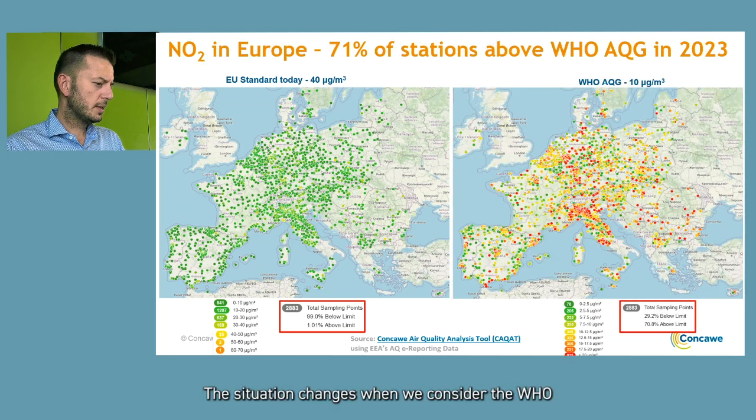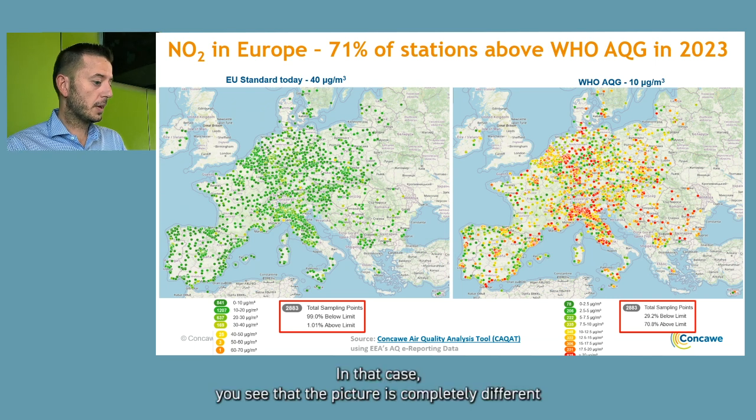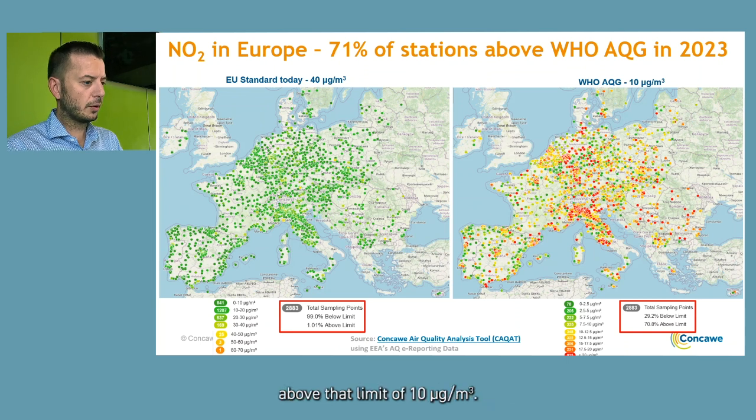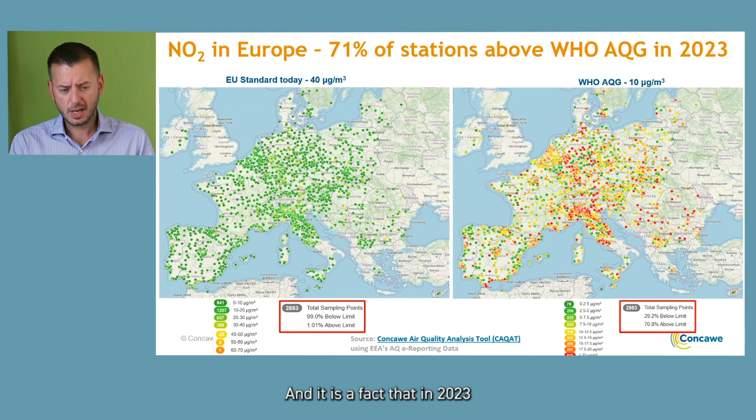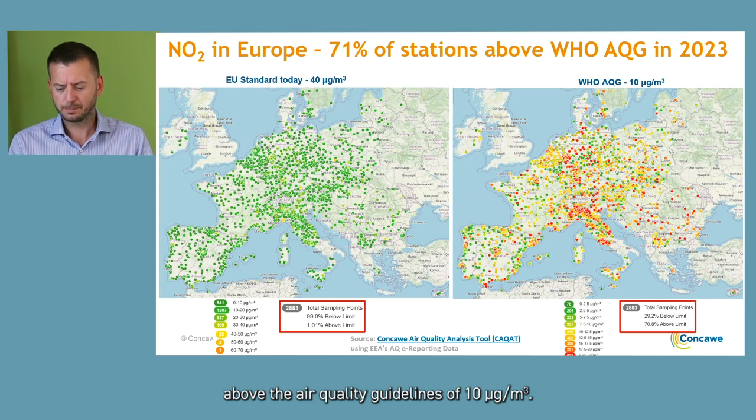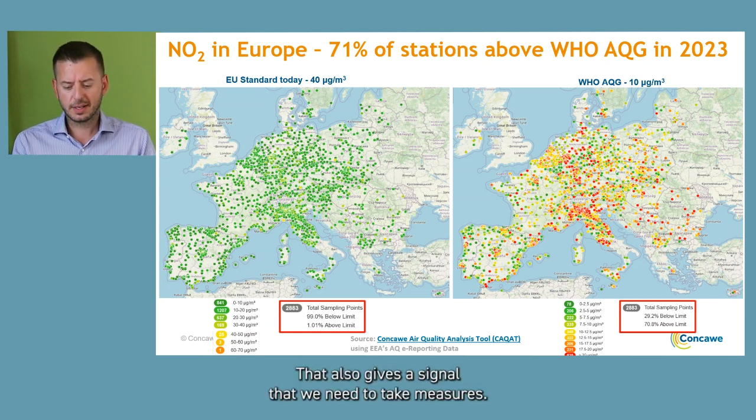The situation changes when we consider the WHO air quality guideline, the 10 micrograms per cubic meter. In that case, the picture is completely different, with a lot of red and orange dots, meaning that we have concentrations above that limit of 10 micrograms per cubic meter. In 2023, almost 30% of stations measured concentrations above the air quality guideline of 10 micrograms. That also gives a signal that we need to take measures, we need to be effective